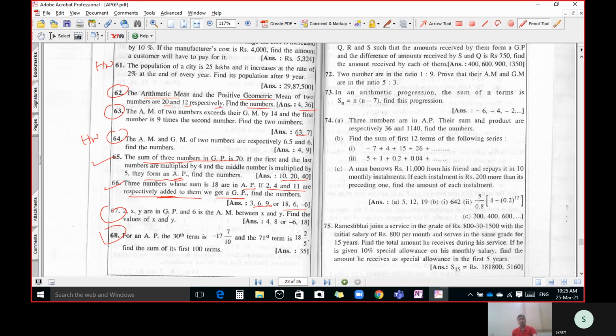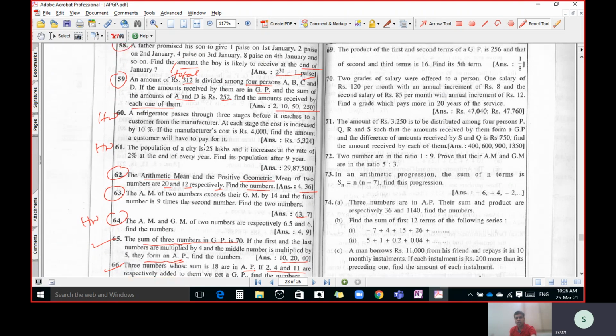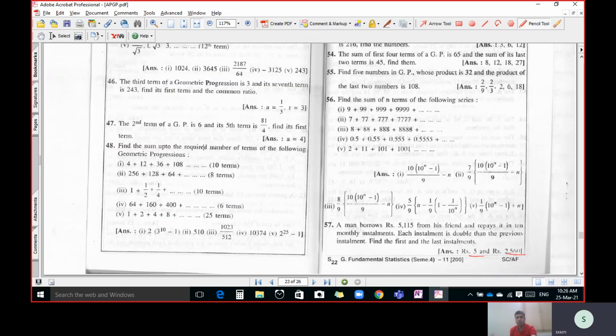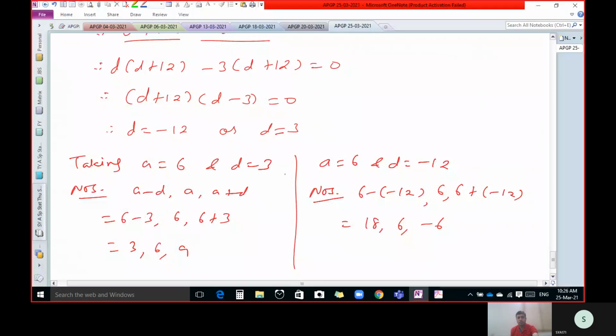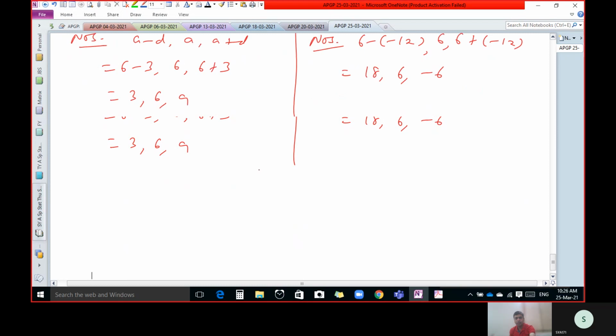Now these two you can consider as your homework. This is also simple homework. This one is homework. This one is also homework. Let us do question 72, and that is the last question of this chapter. Remaining all questions you can try by yourself. If we find any difficulty, we will discuss in our next lecture.